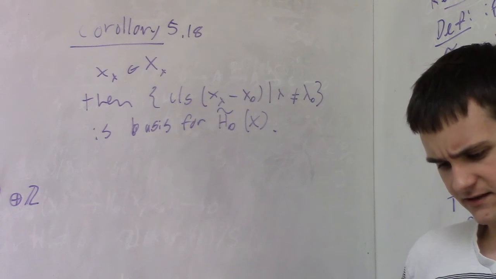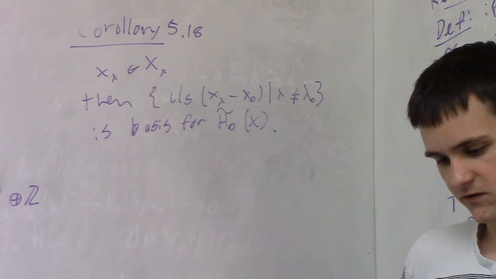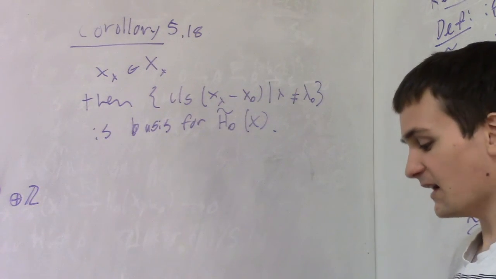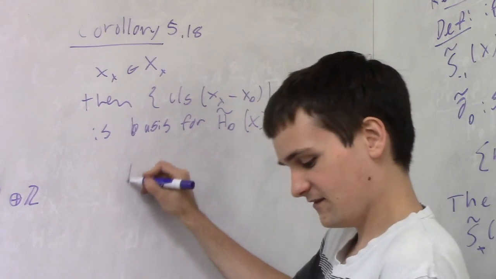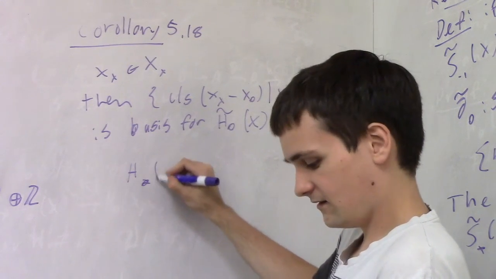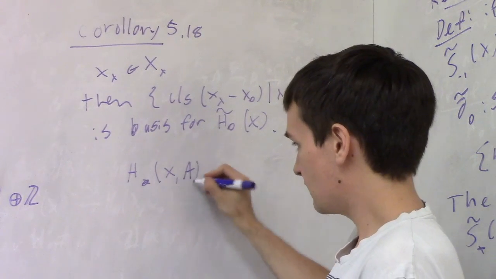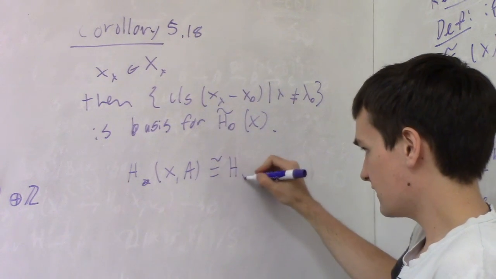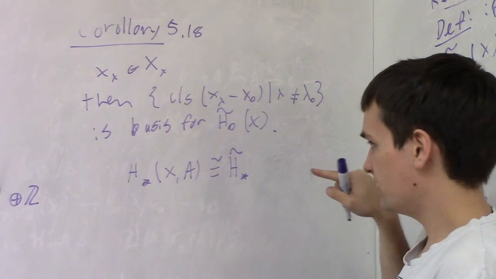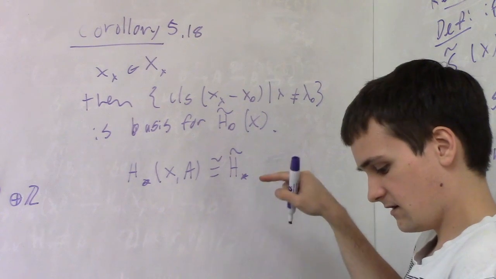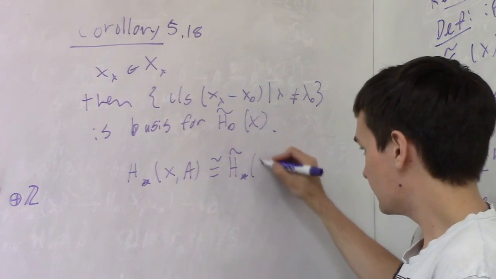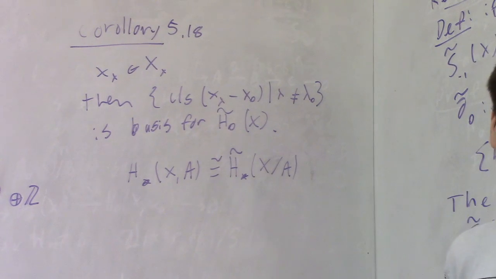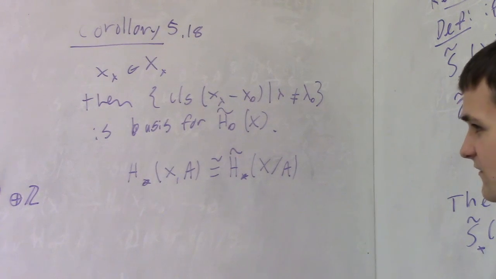But they say, in this first paragraph on page 104 after the exercises, that for nice subsets of a polyhedron, you have the relative homology group with respect to a subspace is isomorphic to the augmented homology group of X mod A. So this kind of makes the